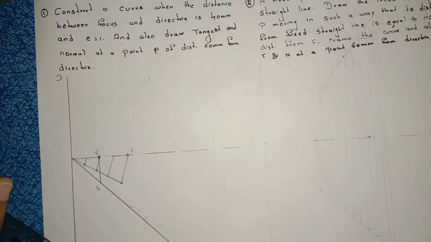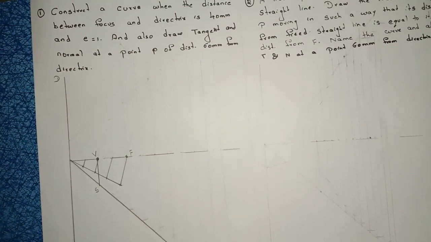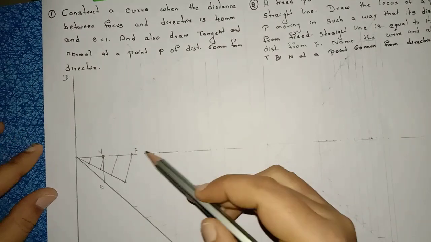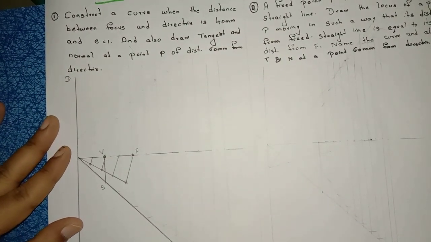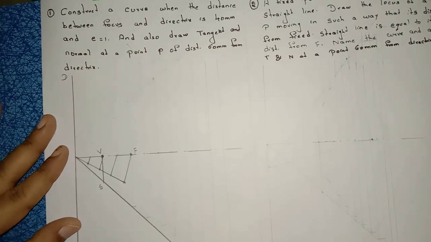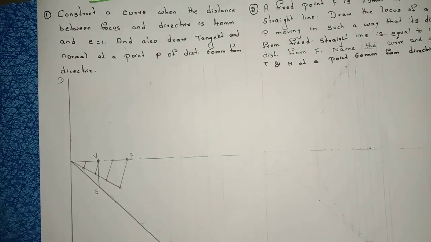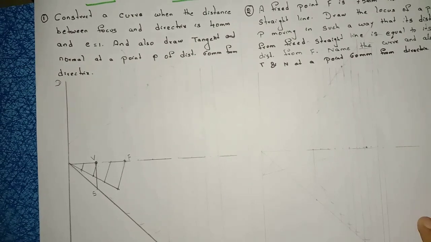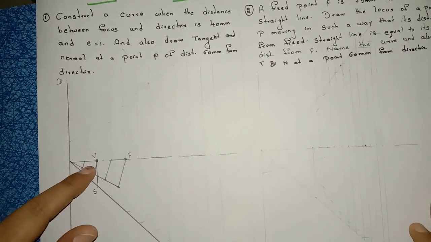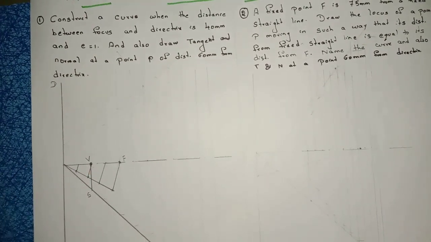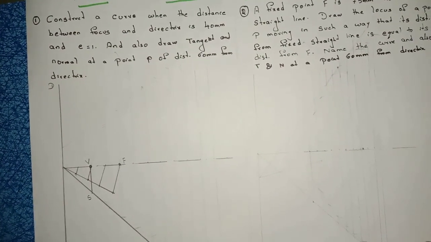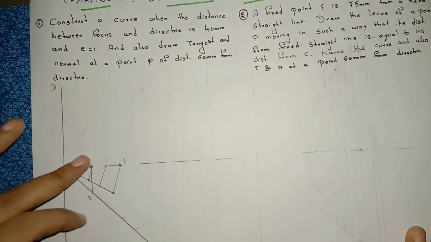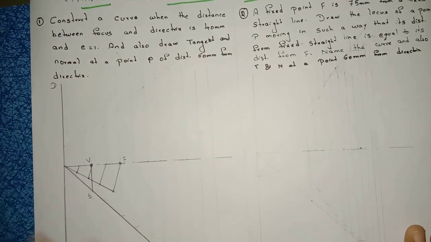In order to draw ellipse, in order to mark V2 point, we keep our protractor here and take 45 degrees angle. Two lines will intersect at one point, and we mark V2. But here no need to mark V2. In parabola we have only one vertex V. So we are not going to draw any 45 degrees angle from the F point. Simply from V to S, draw a perpendicular line, joining this one.